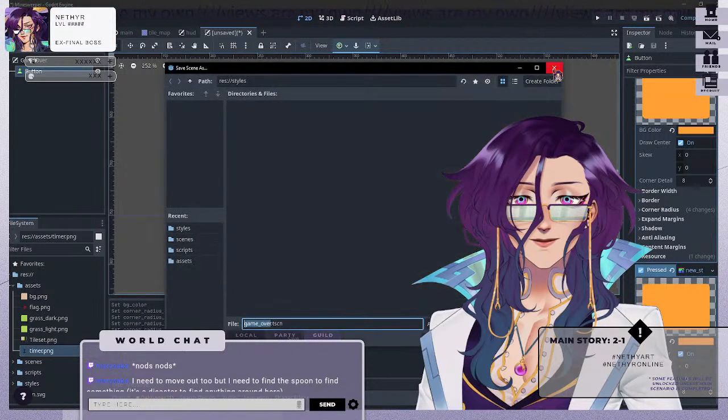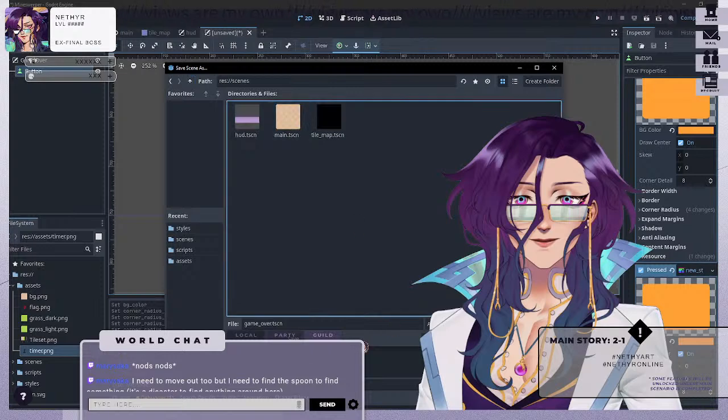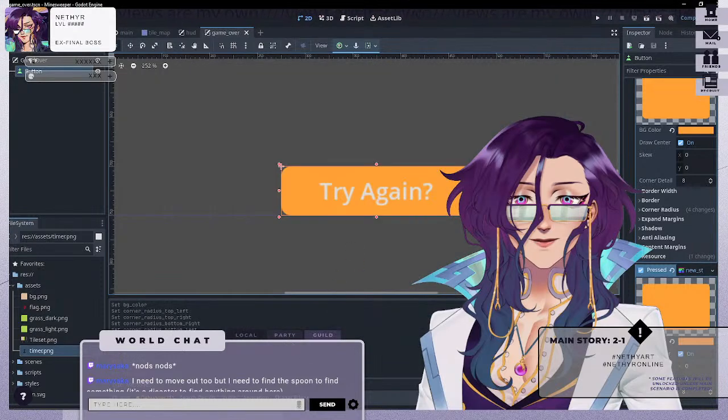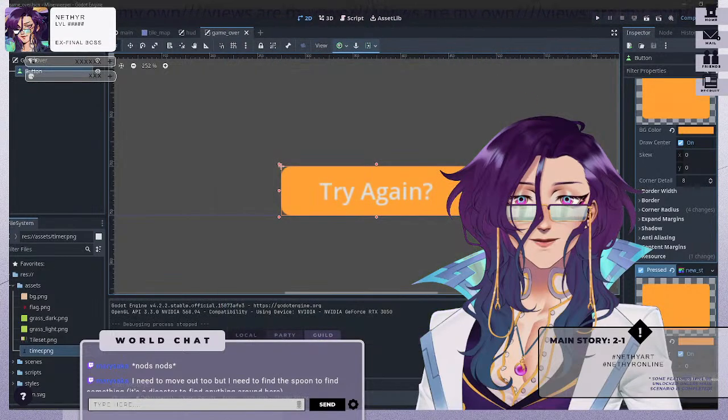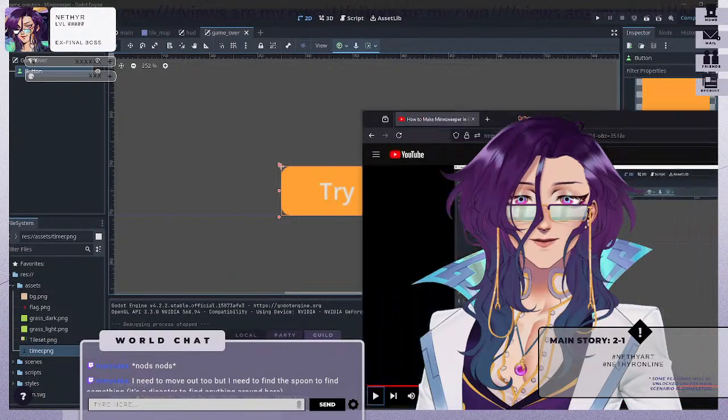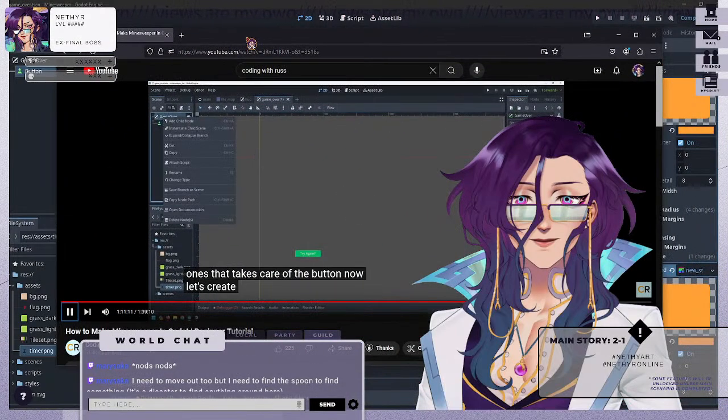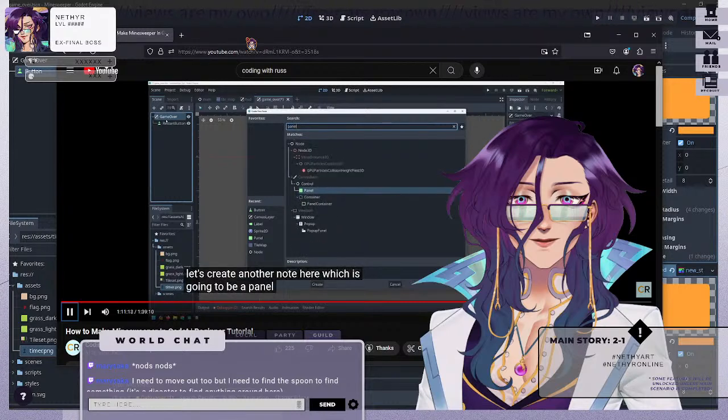Control S. Oh, we haven't even saved the scene yet. Well then. Okay, we are going to change that. We will save the scene in scenes. Save it as such. And then I want to see. Oh, we have not even instantiated. Okay, it's fine. We can edit later. Let's create another node here, which is going to be a panel that will just sit